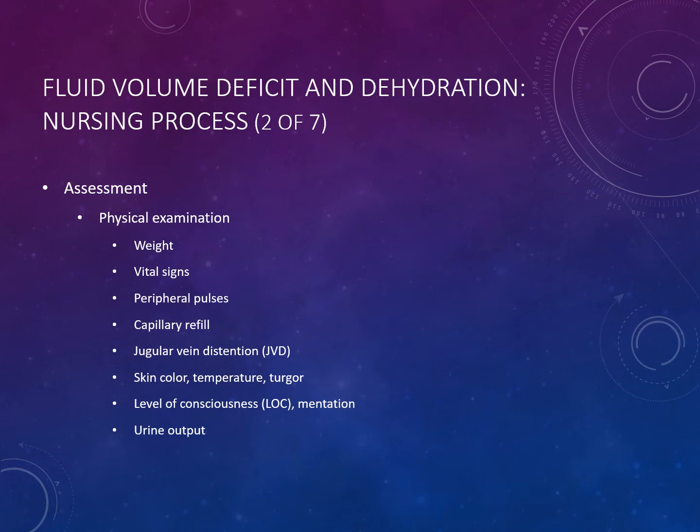So under our observation, again, we want to look at those risk factors: renal disease, heart disease, been out in the hot weather, do you have access to food and fluids, how's your appetite? Physical exam: how is their weight? Have they lost weight? Are they on diuretics that are causing weight loss? Are they tachycardic? Do they have bounding peripheral pulses? Is their capillary refill